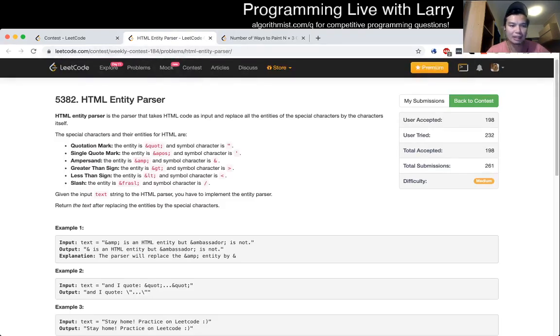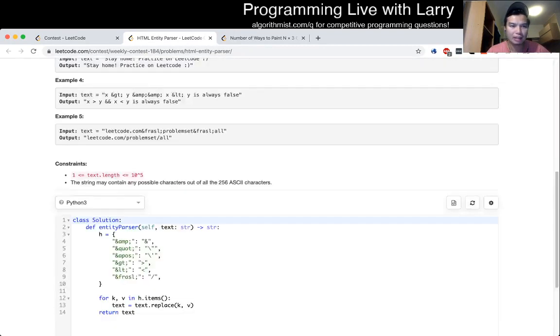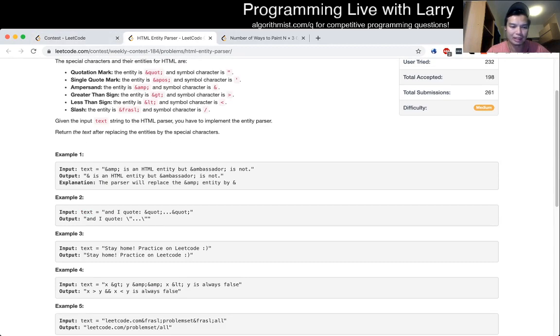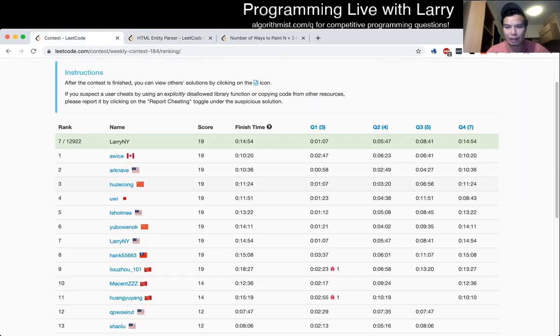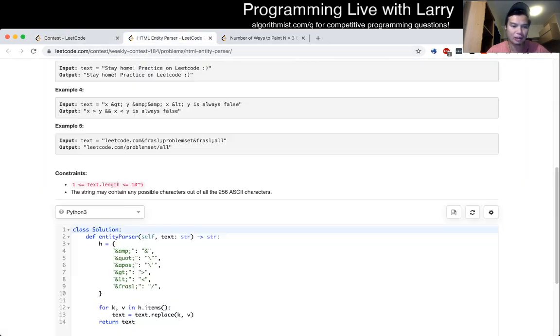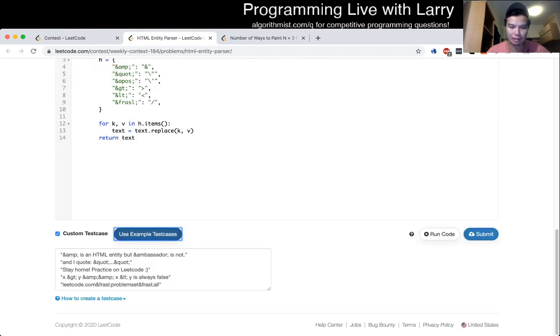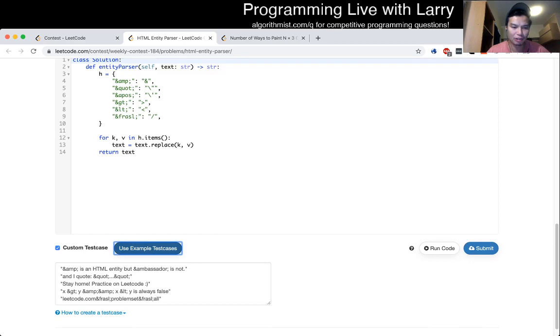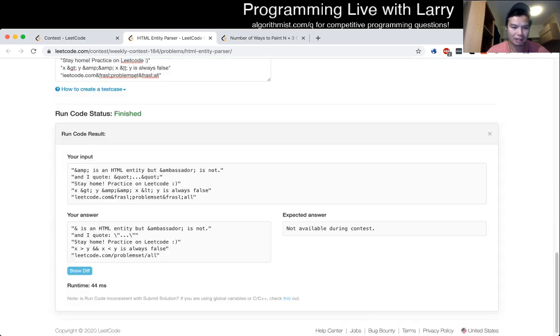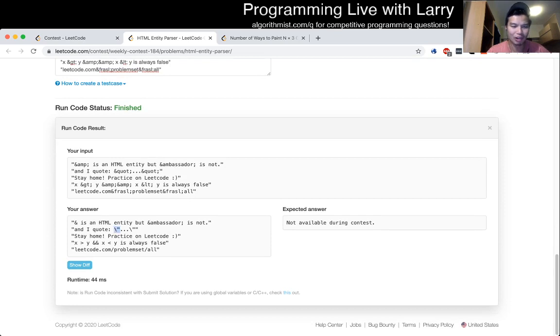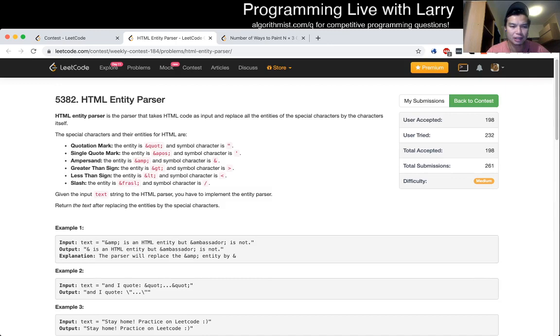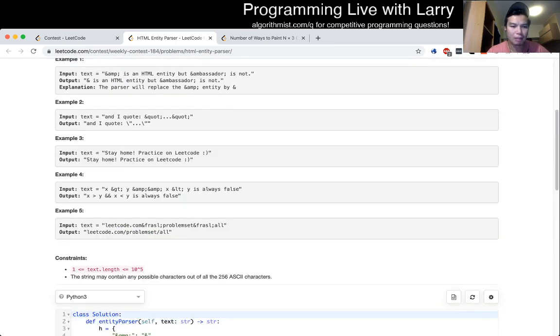HTML entity parser. So I don't know, because in real HTML entity parsing, there's more weird cases, I think. And I took about 3 minutes on this one, and even then I took a little bit of time to double check my answers, because if you look at the results, there's the quote. Wow, it was really fast. They're weird quotes on the string, so I was double checking just to make sure I was right. So I spent a little bit of time there, but otherwise it was very